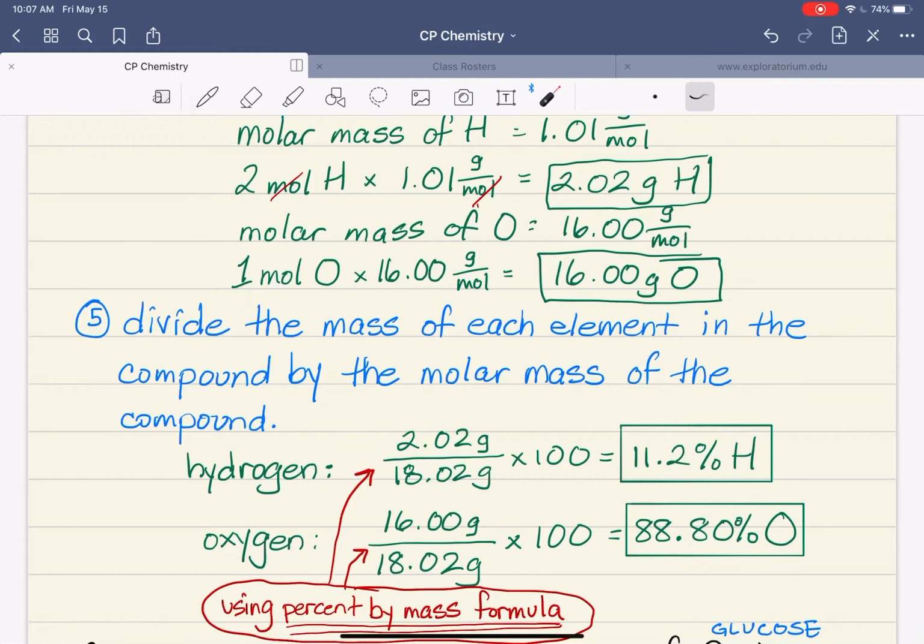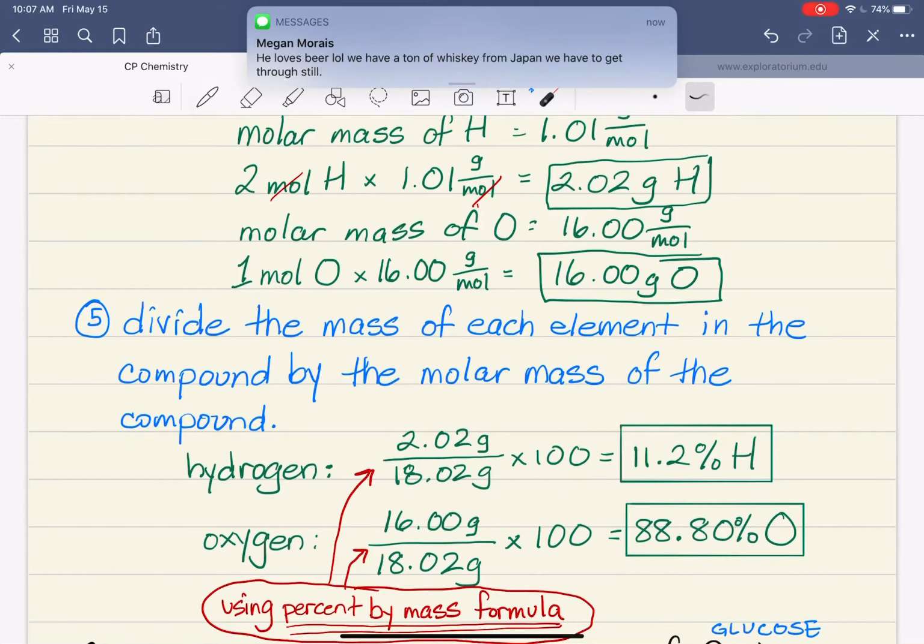Now, let's take a look at oxygen. Okay, 1 mole of oxygen divided by 1 mole of water times 100 gives us 88.80%. Now you may be wondering why these don't have the same sig figs, and that comes